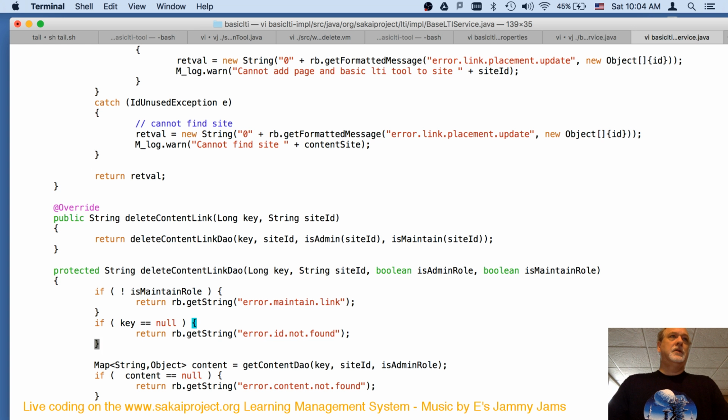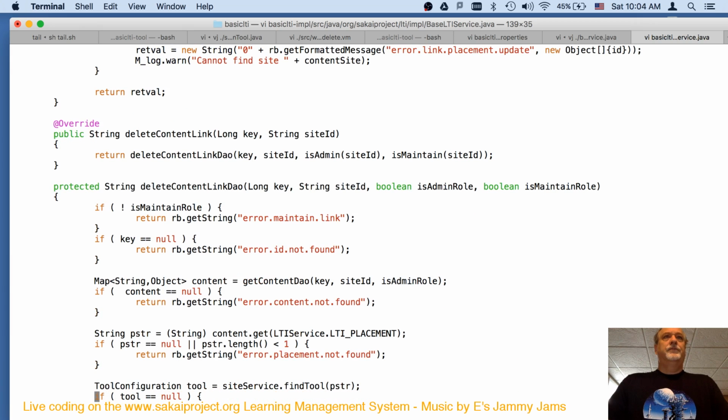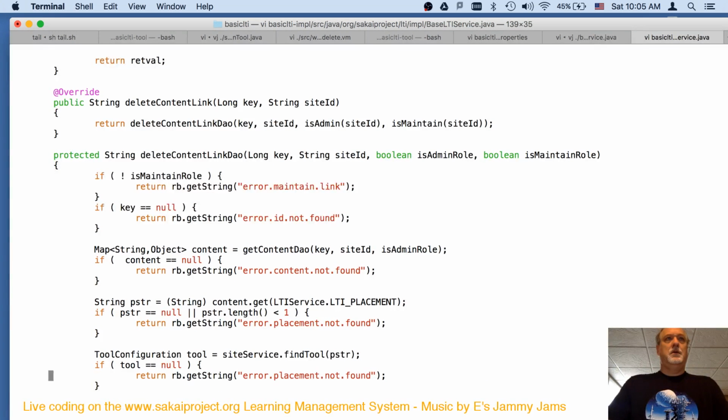No, the concept of a null key does not work well in here. Content, site ID. Placement not found.